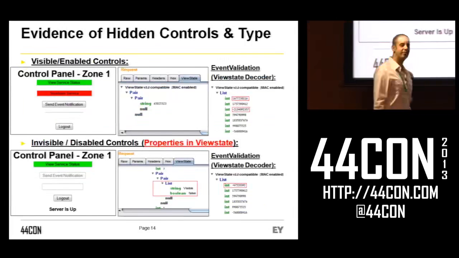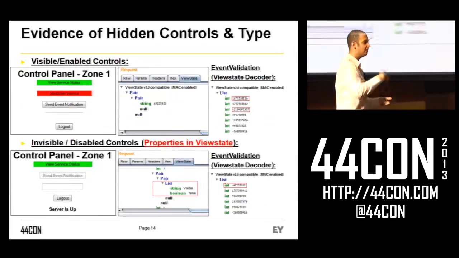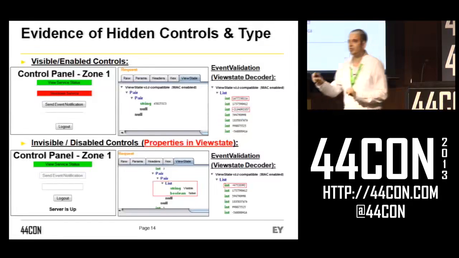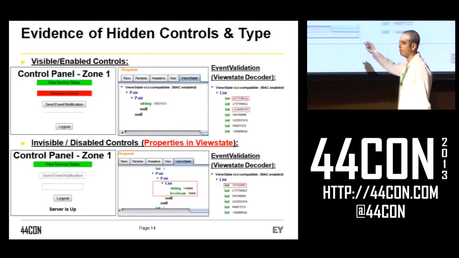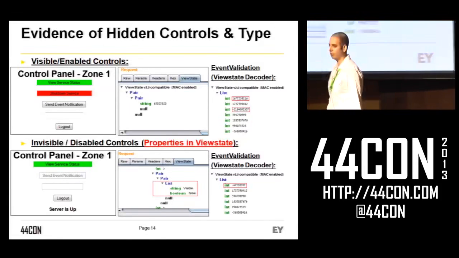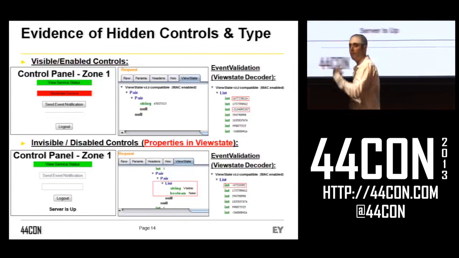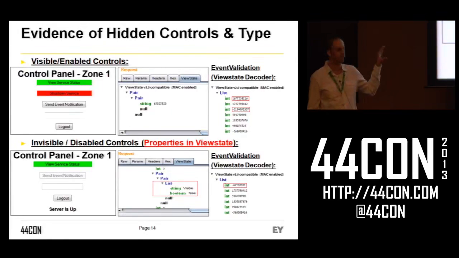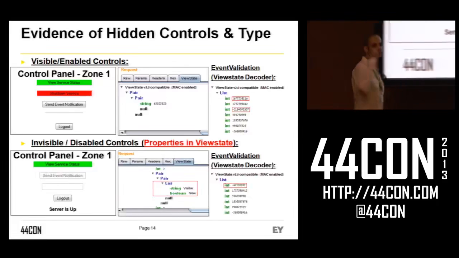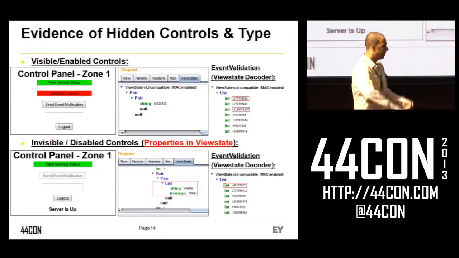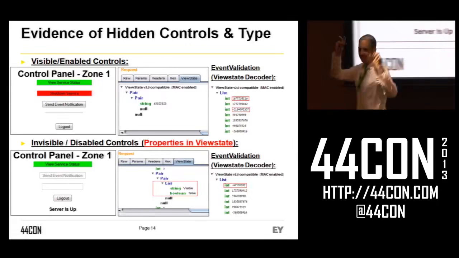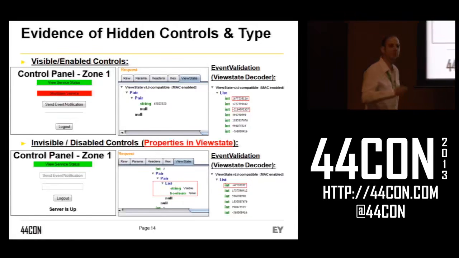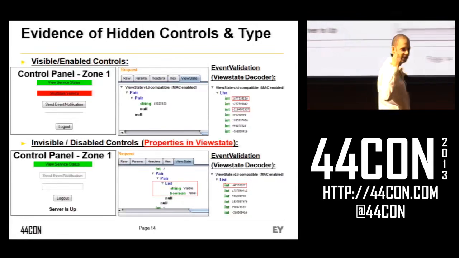If the developer caused any control to become disabled, invisible, using programmatic means, meaning code, if it changed the visible or disabled properties, the view state will represent that. You will see a visible equals false or enabled equals false or similar properties in the view state. If you analyze it, you'll be able to tell whether or not that page contains controls that didn't exist. Furthermore, you can go to cache repositories such as Google, Wayback Machine, and compare the previous snapshots of the event validation and view state fields to see if there's something you're missing. So you'll be able to tell in a number of ways whether or not that page contains or contained invisible